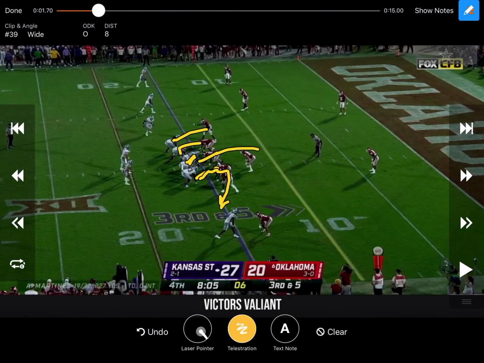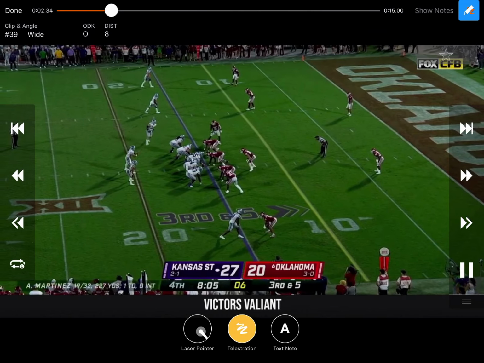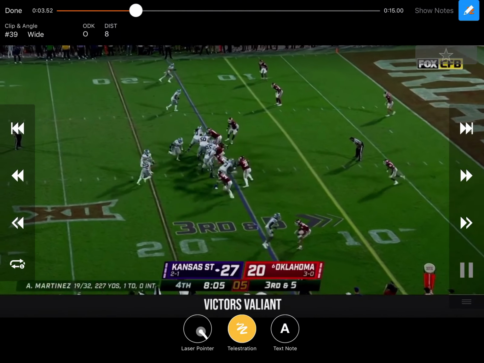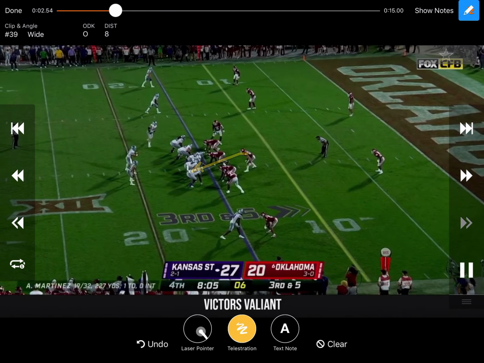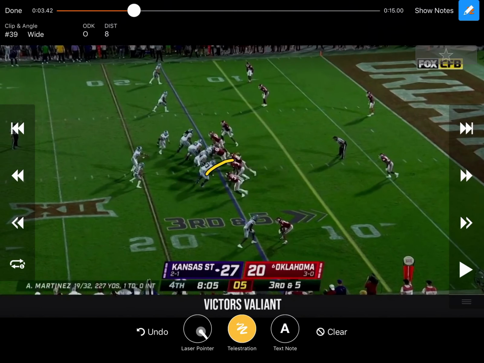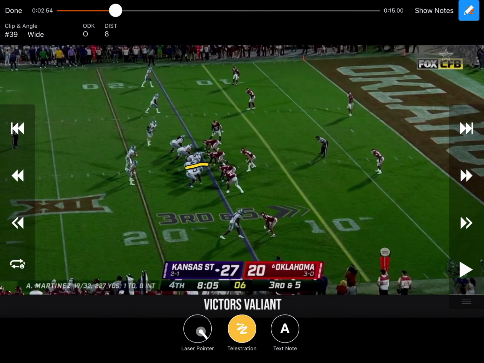Whoever slides outside, whether it's that guy in, maybe they twist, do whatever, he's responsible for a B gap. We'll read C gap with the quarterback. But right here, it looks like they miss as far as the communication. This linebacker blitzes through the B gap right here. Obviously, he's responsible for a B gap, but what I would probably say is, hey, we probably should just see that and base out right there on that,